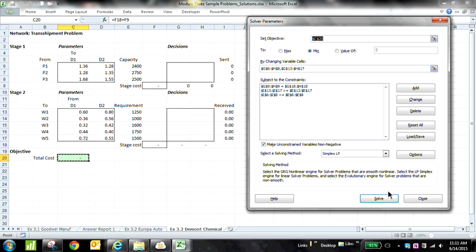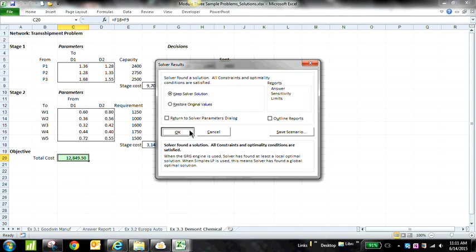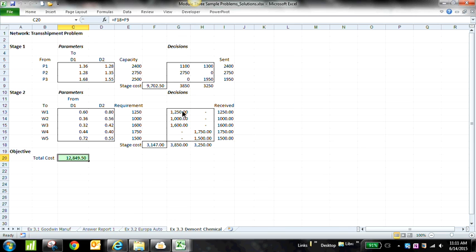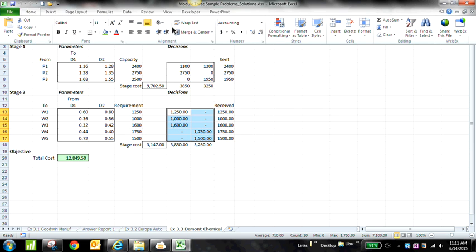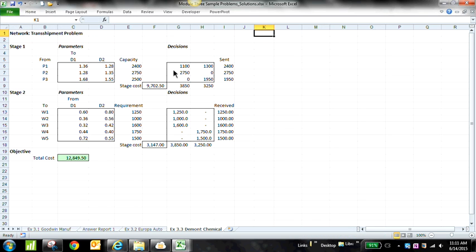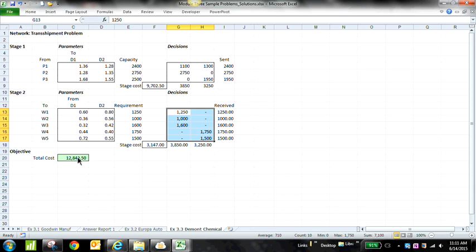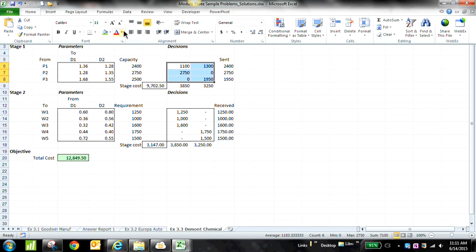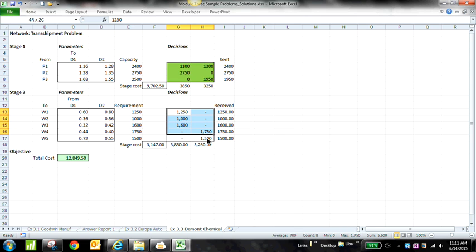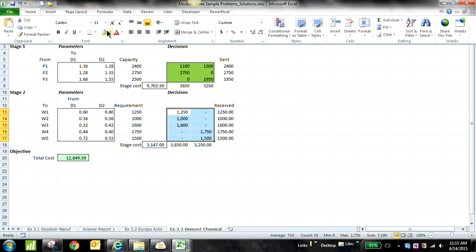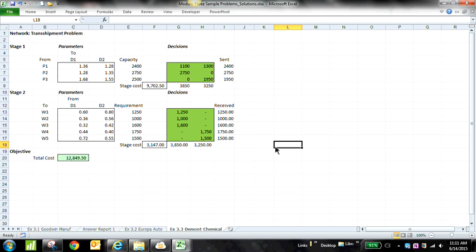Okay? I'm going to do a print screen before I solve. There you go. These are the quantities that we need. So this is pretty much your schedule. You tell everyone, if you are the distribution planner or providing information to the distribution planner, you tell them,